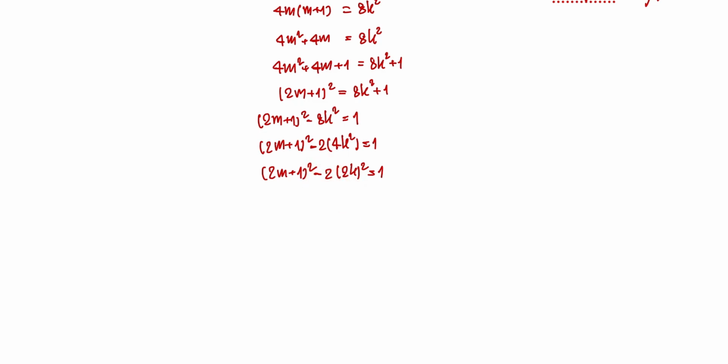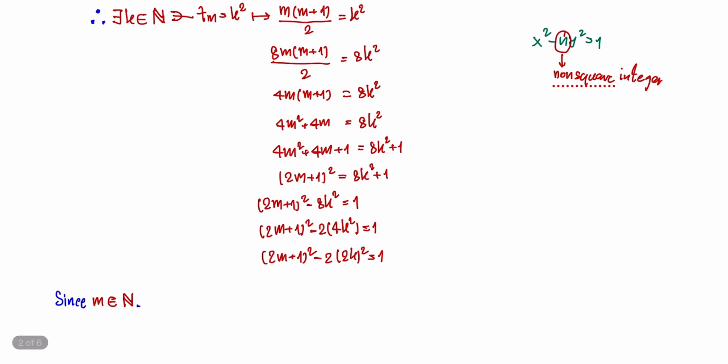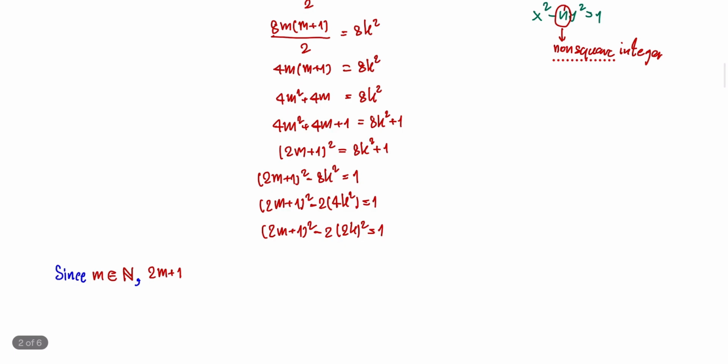Since m is a positive integer, 2m plus 1 satisfies the definition of an odd number. So we can say that there exists an integer such that